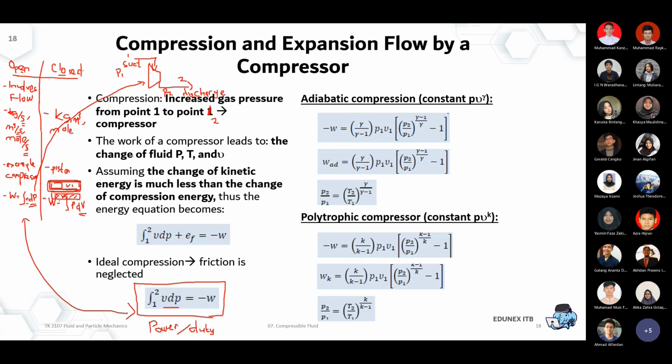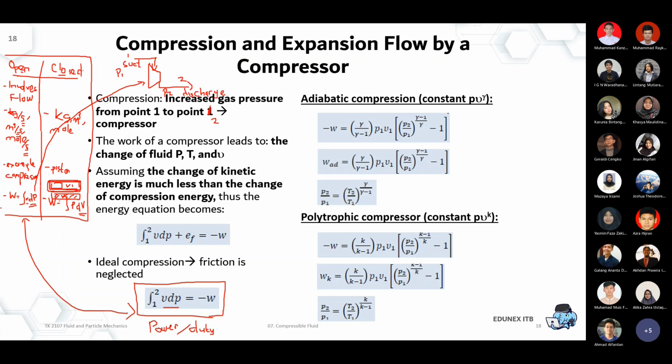And don't be confused when you try to compare the formula between the compression duty in fluid mechanics and the compression duty in thermodynamics. Okay, it may look the same if both of them are talking about open system, but don't try to compare the formula of compression duty for open system in fluid mechanics with closed system in thermodynamics, when you're talking about the first law of thermodynamics and so on. Okay, any questions so far? I hope this can be understood very clearly, the difference between open and closed system.